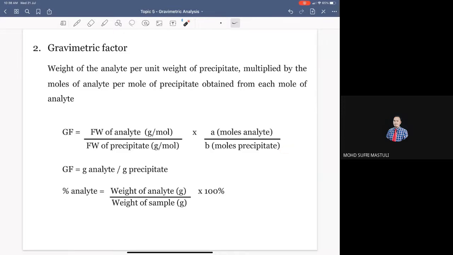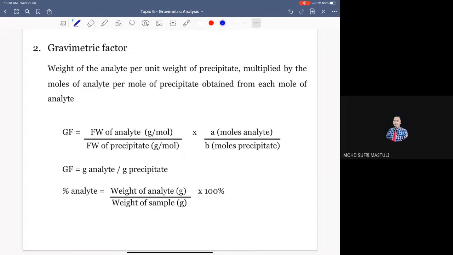We will see an example of how to use this formula later on. So the gravimetric factor is the mass of analyte over the mass of precipitate, because